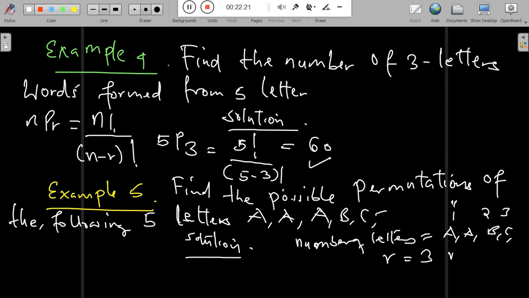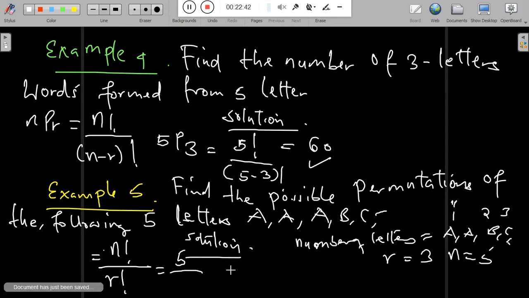So our r is equal to 3 and our n is equal to 5. Let's plug into the formula of permutation, that is nPr is equal to n permutation divided by (n minus r) permutation. Here we take out the number of observations, n permutation, divided by r permutation, which gives you 5 over 3 permutation. This is simple, we can solve. We take out 5 permutation divided by 3 permutation. That will give you exactly 20. So that will be the answer.